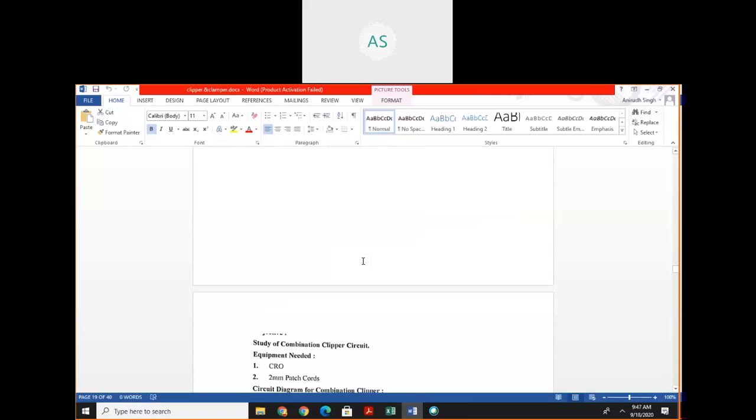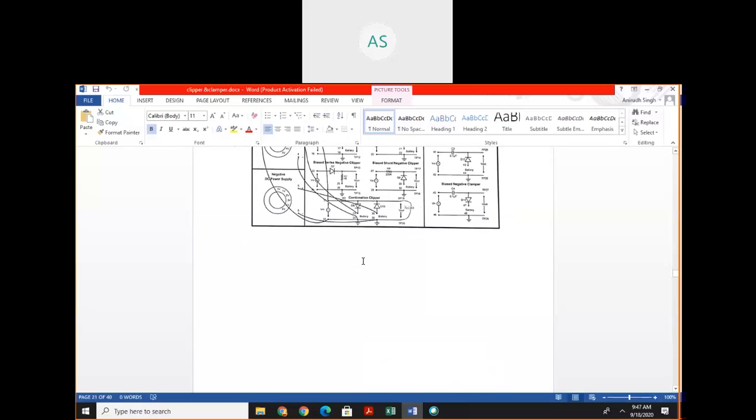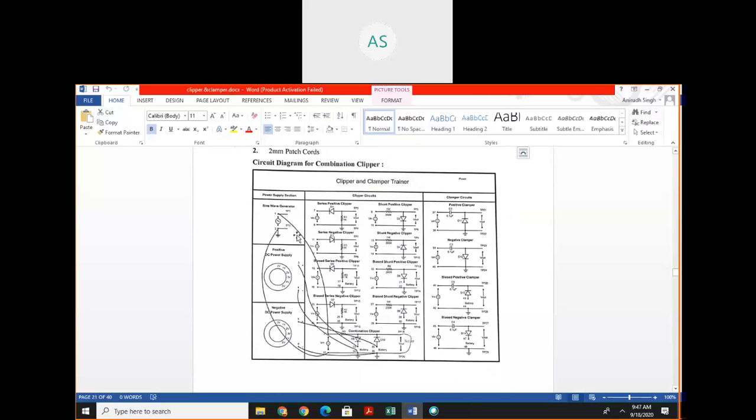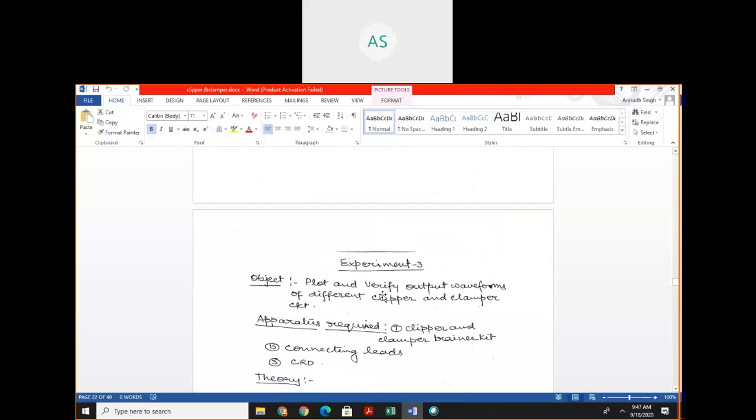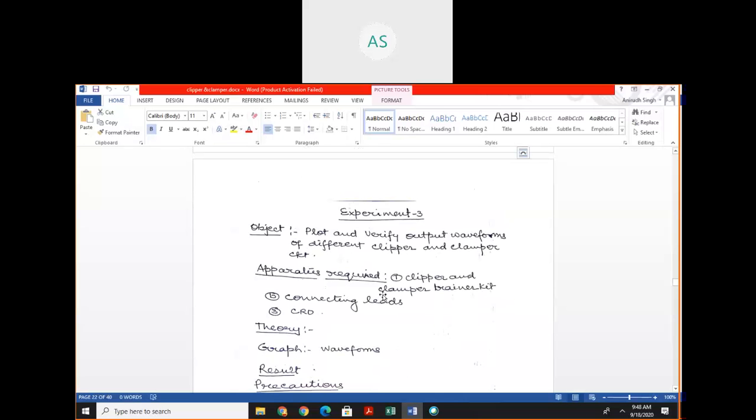Similarly, in the same circuit, the sine wave generator is connected between the input terminal, the CRO is connected between the output terminal, and in this case a negative DC supply is connected between 17 and 18. It means that we reverse the polarity of the DC voltage, and so we get an output like this when the knob is at minus 1 volt, and when the knob is at minus 2 volt. Similarly, for this circuit, we get like this.